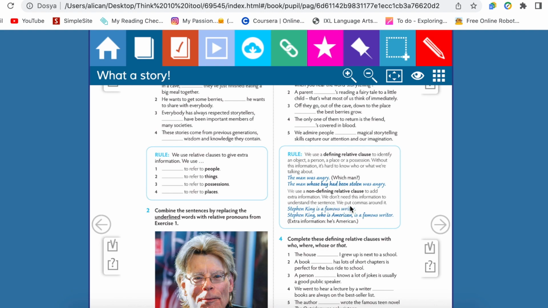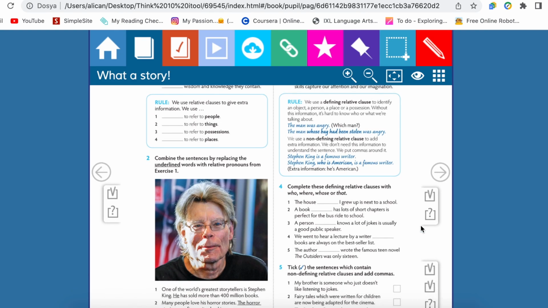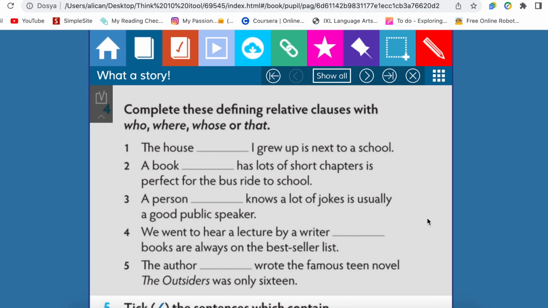Now, let's complete exercise 4. It says complete these sentences, this defining relative clause with who, where, whose, or that. It says the house, blah blah, I grew up next to a school. Let's answer where. A book that has lots of short chapter is perfect for the bus ride to school. A person